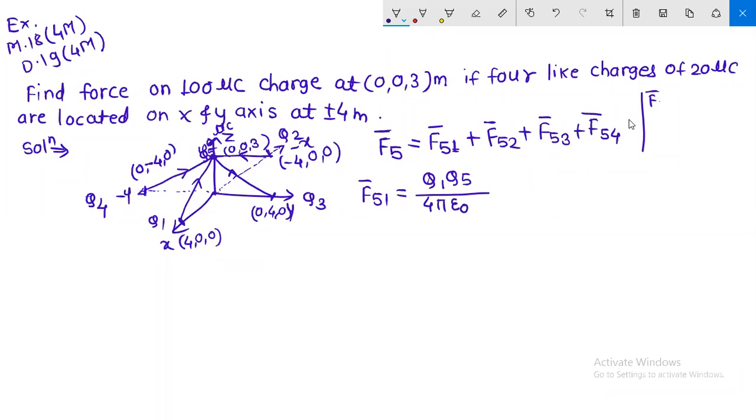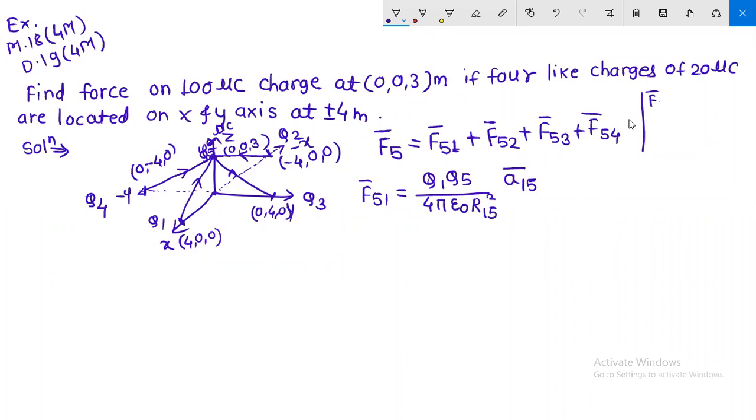Now in which direction are we going? We are going from Q1 to Q5. Then what is R? It will be 1 5, because we are going from Q1 to Q5. Direction is this one, right? So it is r 1 5 square. Now similarly, direction of unit vector a bar: again we are going from Q1 to Q5. That's why the unit vector is a bar 1 5.